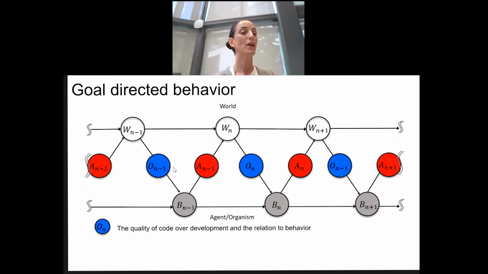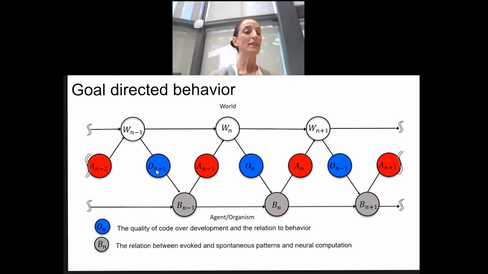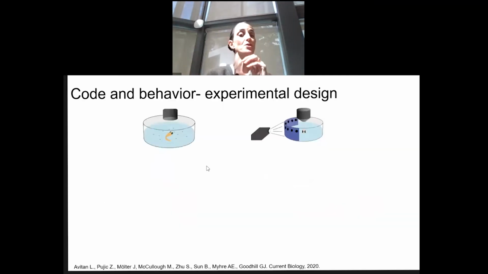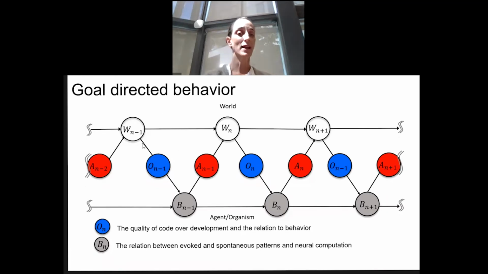Like what are these blue circles here? And then we will talk a little bit about the gray circles here, what happens in the dynamics of the brain. And then I'll show you some model, or at least the beginning of a model that tries to understand something about the actions that the animal is eliciting.